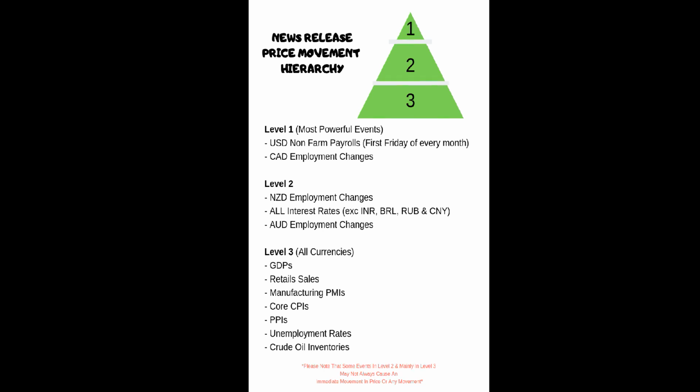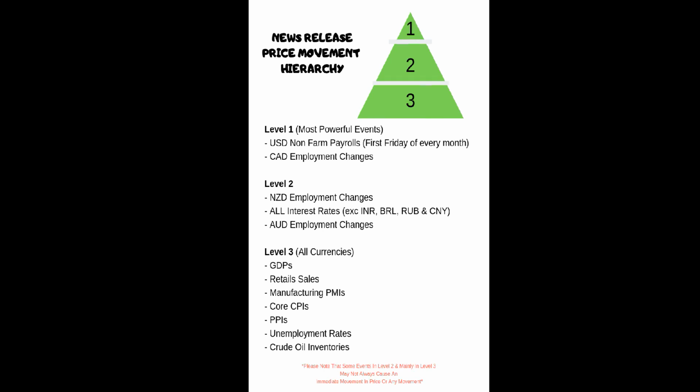Let me give you an example. For example, retail sales. You can find this week it moves, next week it doesn't move, the other week it doesn't move, and so on. Or it doesn't move at all. So these events are quite unpredictable. So I would advise you guys stick to trading level 1 events and level 2 events if you want to